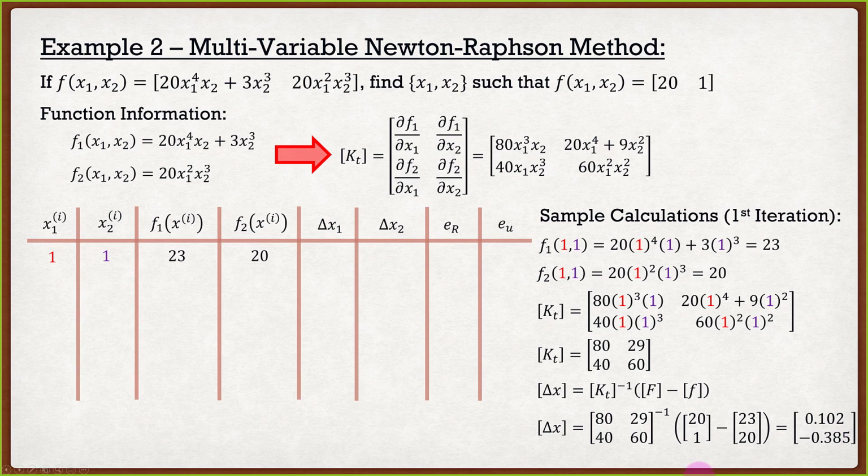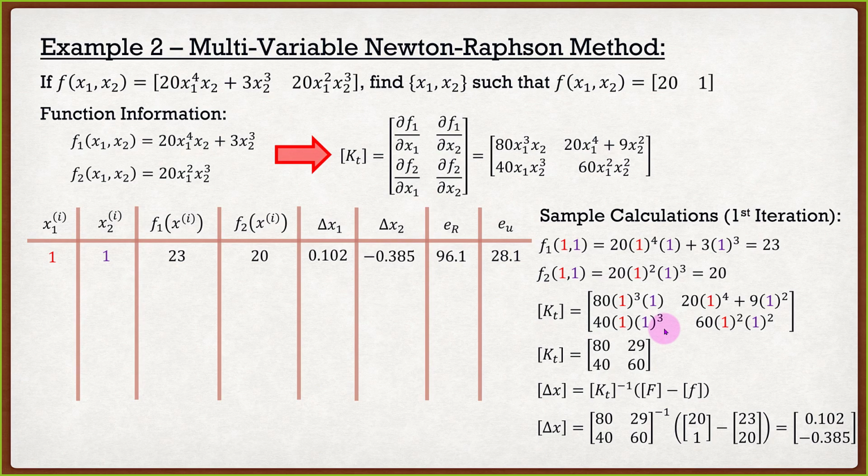0.102? Exactly. Because we just solved for what delta x is, and delta x is simply going to be a vector: delta x1, delta x2, and if we had a certain scenario, delta x3, etc. So the first entry is 0.102, and delta x2 is the second entry, which is negative 0.385. In our columns over here, we can input them. And then from there, we can find our error in our force, which is 96%, and the error in our displacement increment, which is 28%.